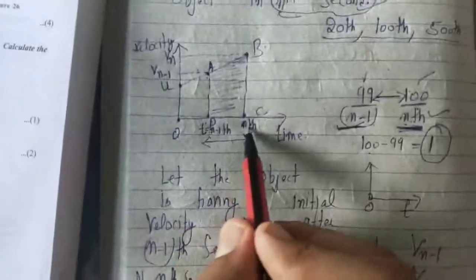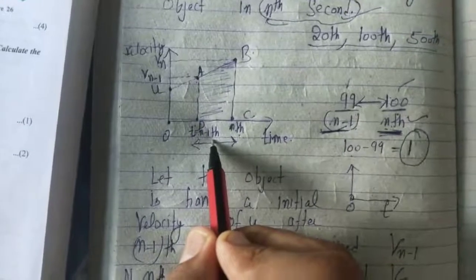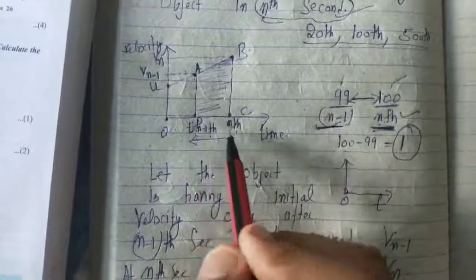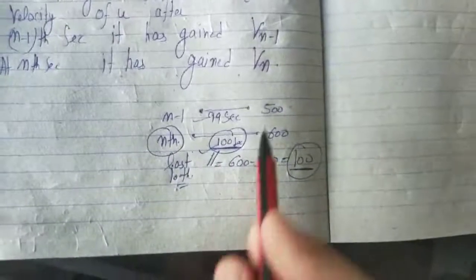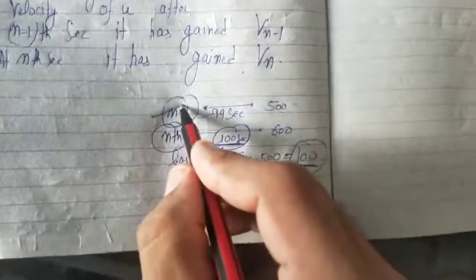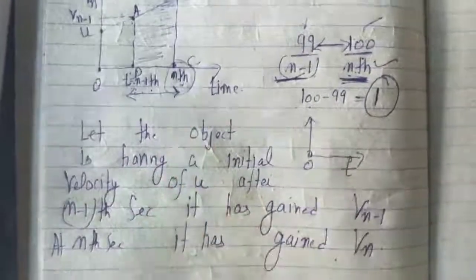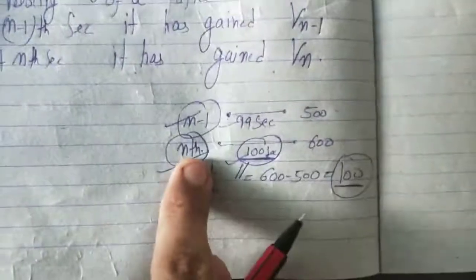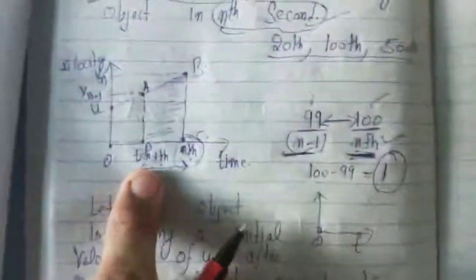अगर मैं एरिया nth और nth minus 1 सेकंड में देख रहा हूँ, अगर मैं वेलोसिटी टाइम का एरिया इतनी सेकंड में देख रहा हूँ तो किस में देख रहा हूँ मैं, वो nth सेकंड में ही देख रहा हूँ. जैसे मैं बात कर रहा हूँ, एक 99th सेकंड है दैट इज़ n minus 1, एक 100th सेकंड है दैट इज़ nth सेकंड. सपोज मुझे nth सेकंड में काम करना है तो आई हैव टू माइनस दैम. मीन्स मुझे इन दो में प्ले करना पड़ेगा, nth n-1 में. तो अगर मैं इन दोनों में प्ले कर रहा हूँ तो आखिरकार जो मुझे डिस्टेंस मिलेगा वो किस में मिलेगा, nth सेकंड में ही मिलेगा. इफ आई एम कैलकुलेटिंग इन n-1, इफ आई एम कैलकुलेटिंग इन nth, आई एम गोइंग टू गेट द रिजल्ट ऑफ nth ओनली. तो इसलिए अगर मैं nth और n-1 में कैलकुलेट कर रहा हूँ तो मुझे रिजल्ट तो nth में आने वाला है.